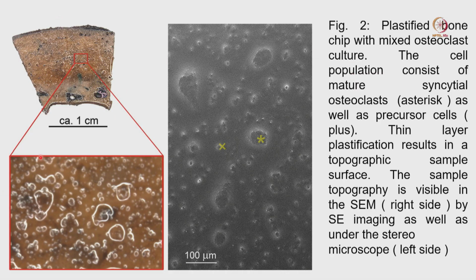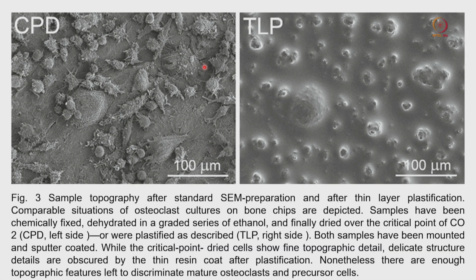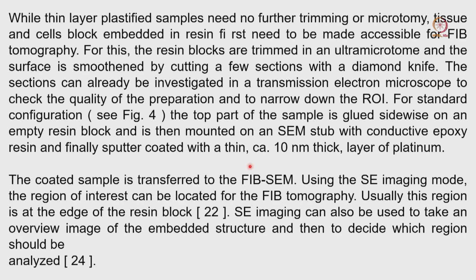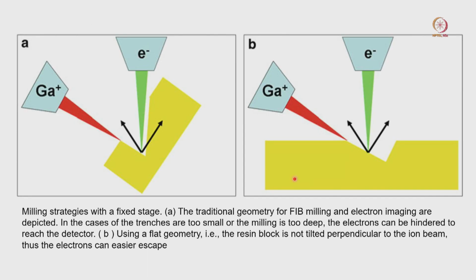So, here you can see those are the cells after the plastification, and then we selected a couple of areas, we marked those areas for the sectioning, that this is the area of interest in our cell, and then we can do the sectioning and we can see lots of details inside that cell. So, here we are talking about one electron beam from the scanning electron microscope, it will come like that, and the gallium ion beam will come from a certain angle to rupture the cell membrane, and that will help us to visualize inside the cell.